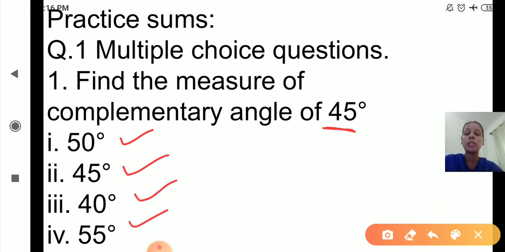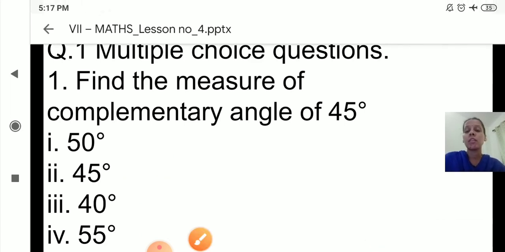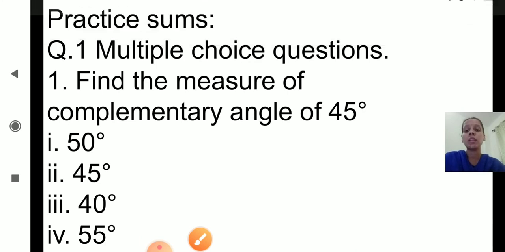Now you will do this in your rough notebook, find the answer, and click on the correct option. Four options are given, and you will click only on the correct one. As you are solving this in your notebook, you will write down the answer, but in the exam you will click on the correct option. These types of questions can come from these 2 exercises. These are multiple choice questions, and you will click on the correct answer given here.